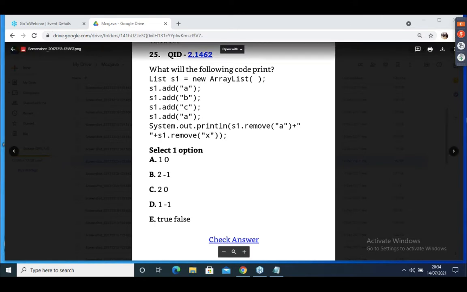The opposite term. False. It will be true or false. Okay.